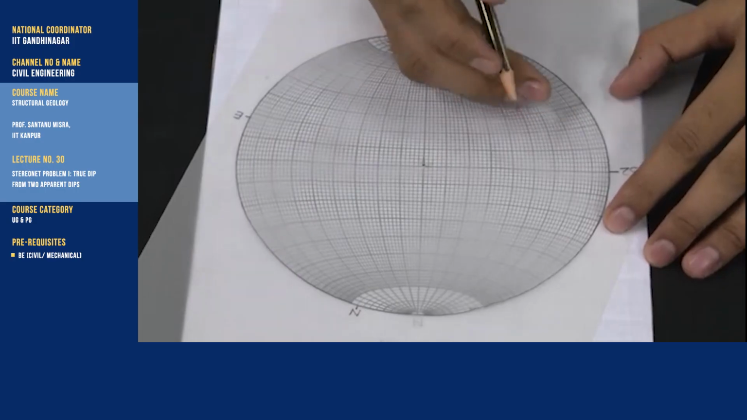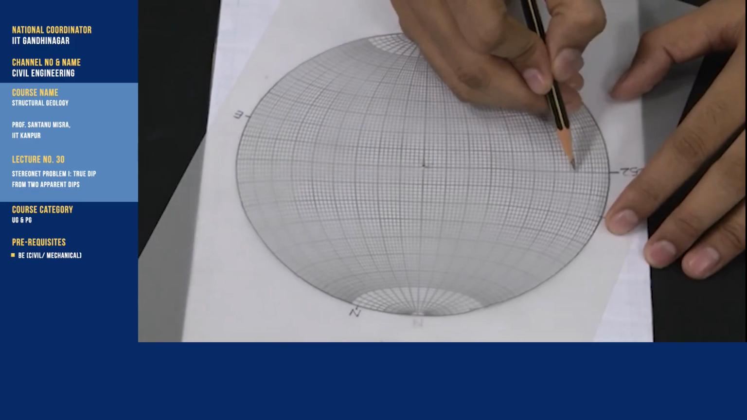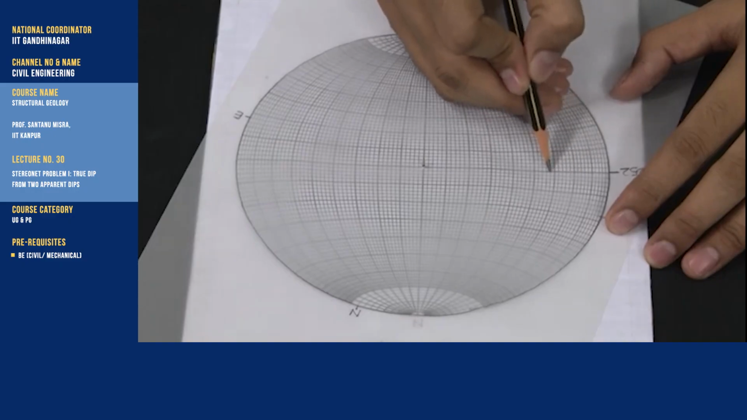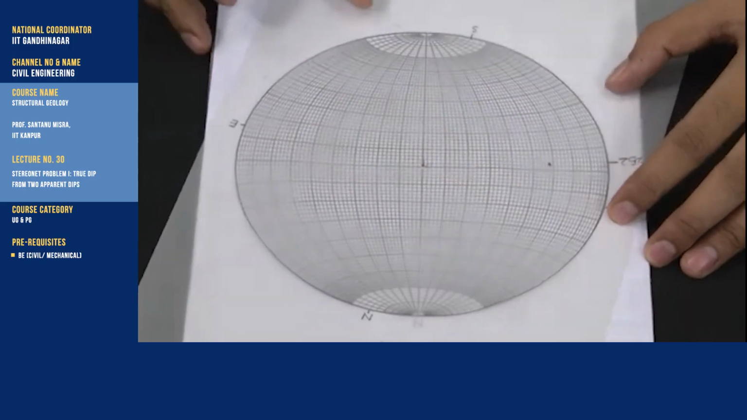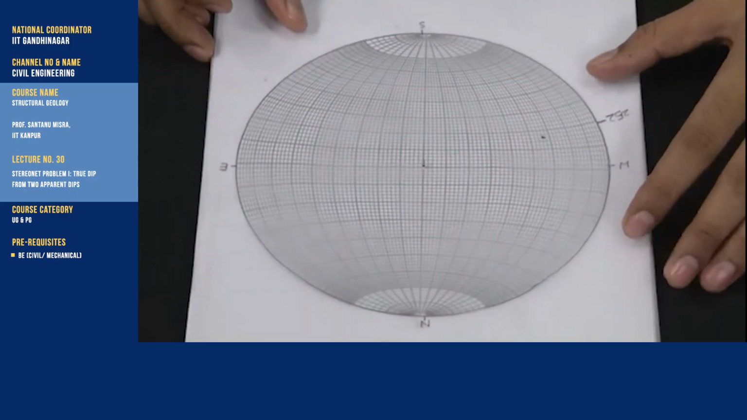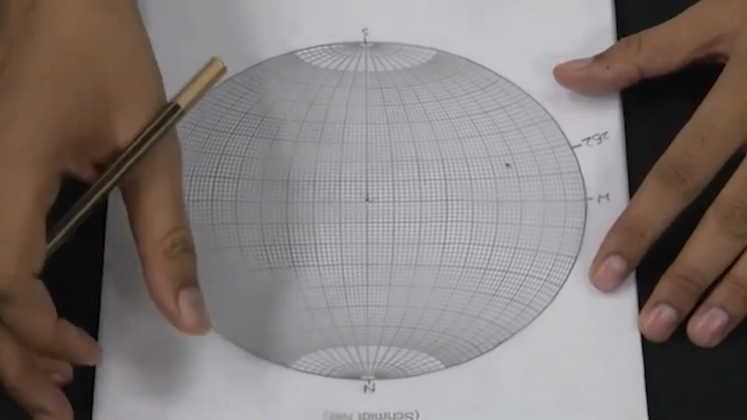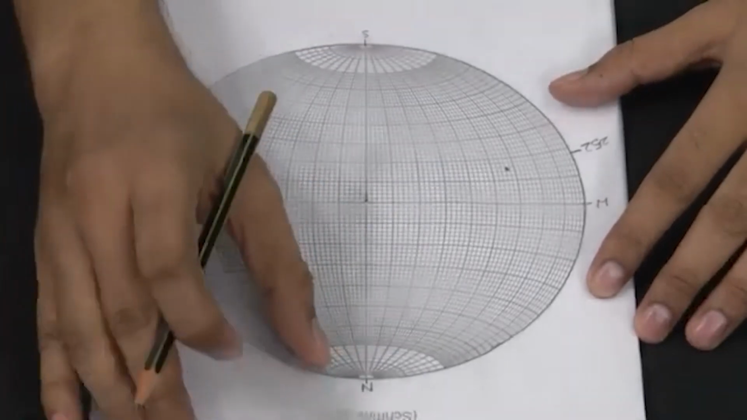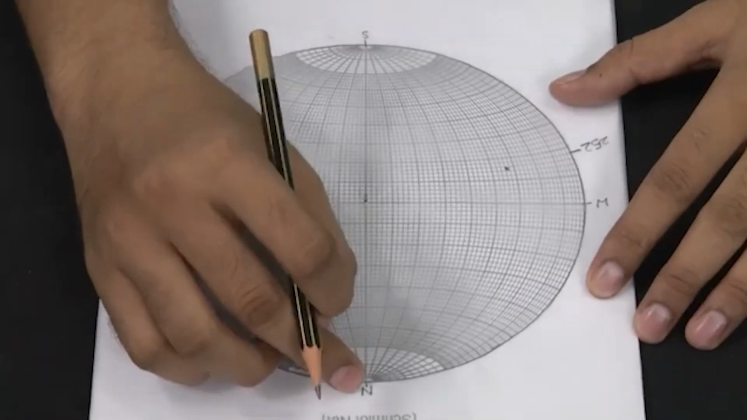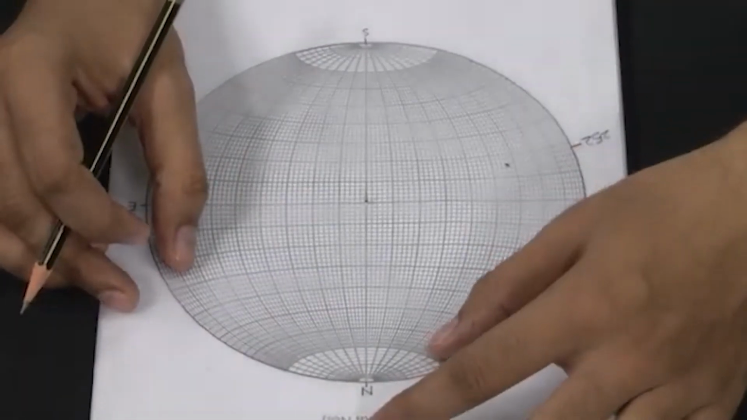The plunge is 32 degree. Then we will count 10, 20, 30, and this is 32. So, this point will represent the trend and plunge of the first apparent dip. Now, again we will rotate this tracing paper to its original position and coincide the north on the tracing paper with the north on the stereonet, and then we will read the value of trend and plunge of